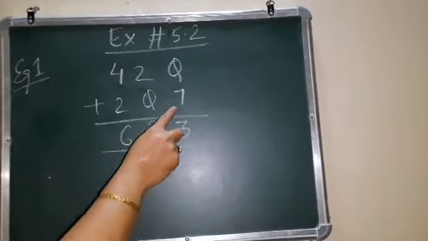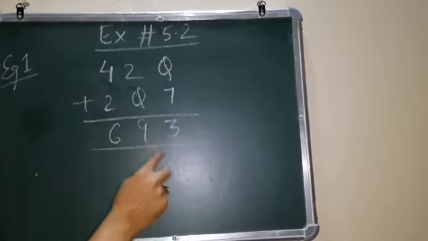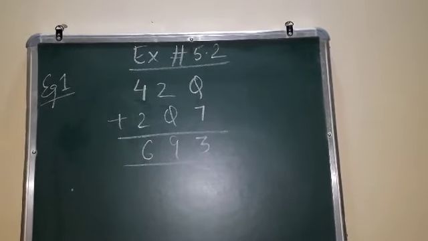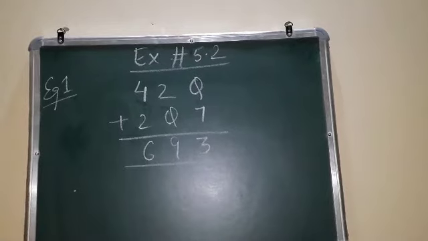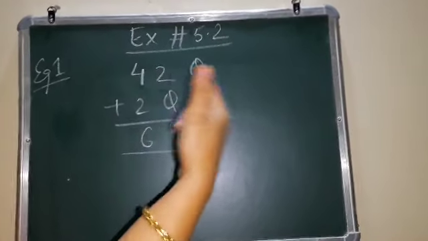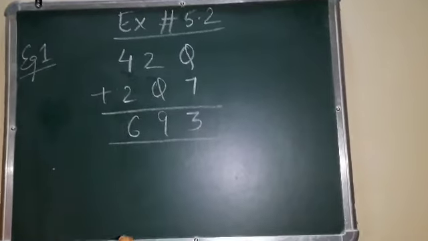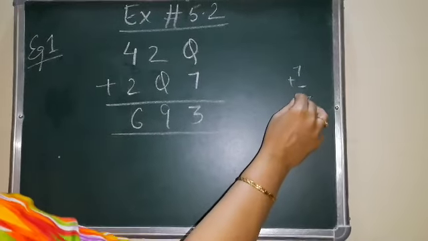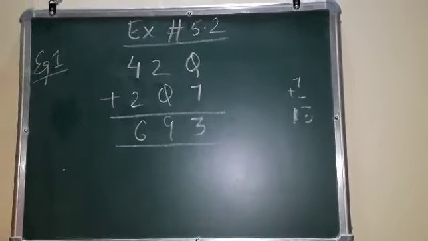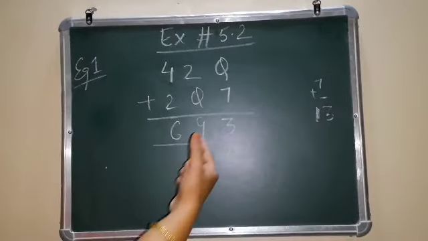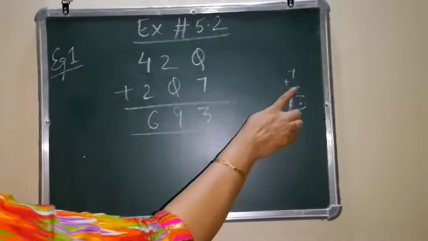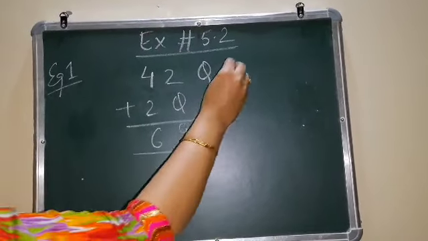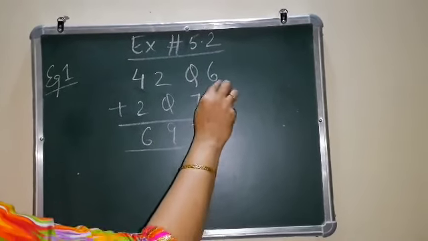Now, it is very clear that when you add something to 7, you cannot get the answer 3. You can get 13, because you cannot get a smaller number when you add something to 7. The unit digit is 3, which means 7 plus something is equal to 13. It cannot be 23 either, because then the number will become too big. So we have to think what will be added to 7 so that we get 13. The number will be 6. 7 plus 6 is 13.